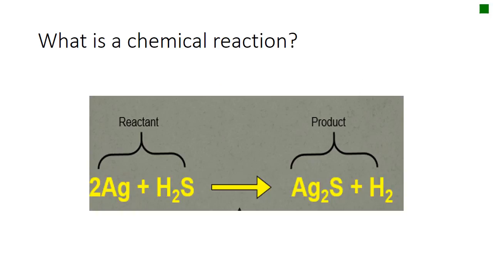So first thing we need to talk about is what is a chemical reaction. All a chemical reaction is, it's a process that involves the rearrangement of atoms to form new substances as opposed to just having a physical change. So in this example here we have silver reacting with dihydrogen sulfide and forming different products. And as you can see, the atoms that make up this molecule here rearrange themselves to form a different